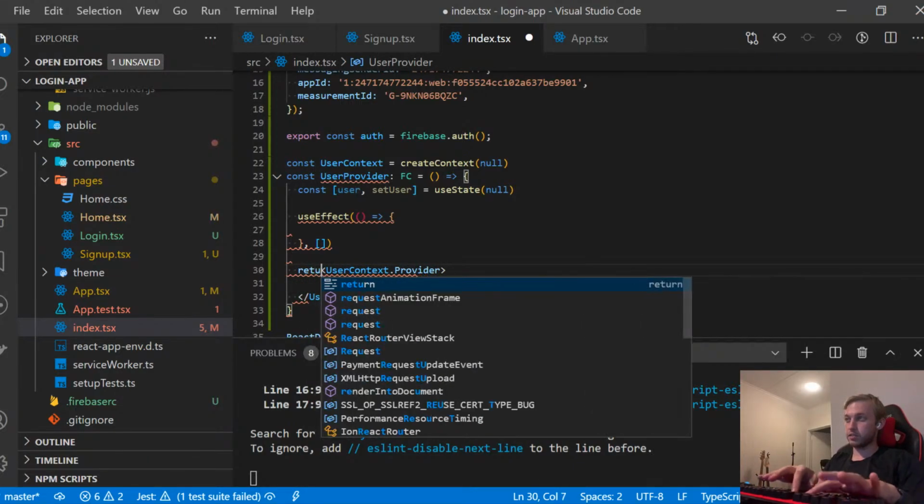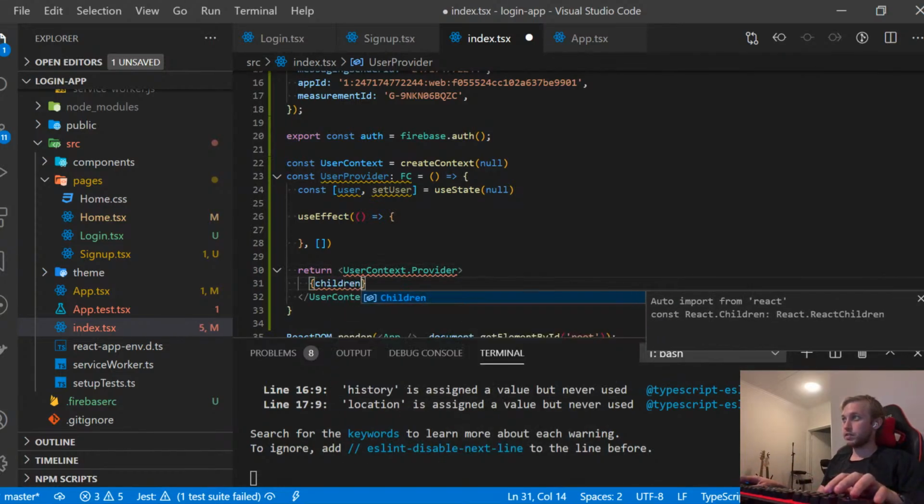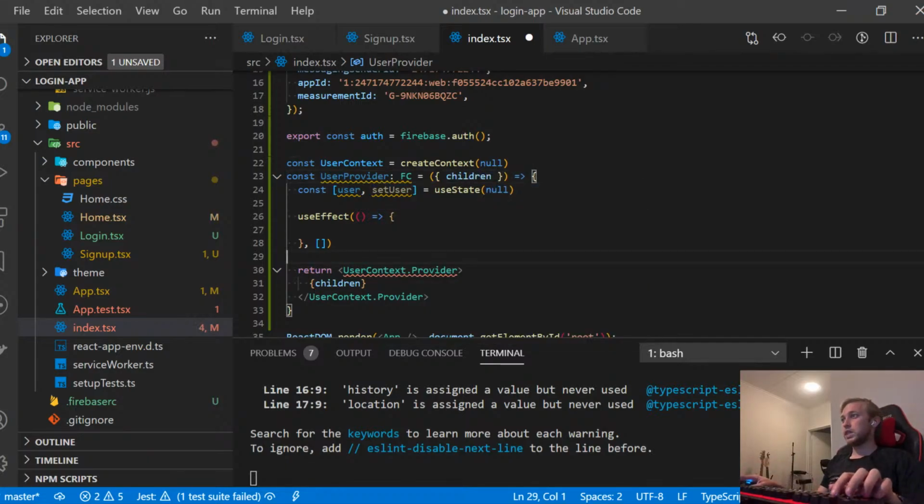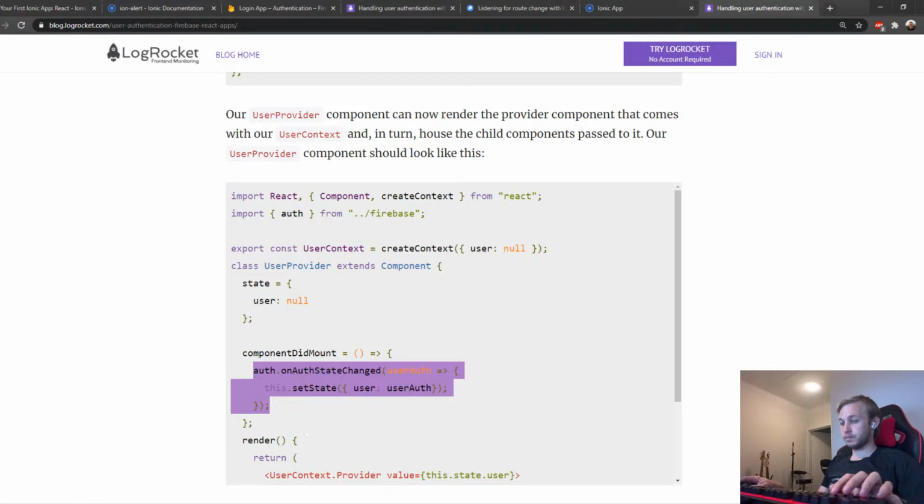Oh, I'm returning it, sorry. And then there'll be children in here. So this will have children. Great. The value of this is going to be user. And that code that I copied earlier is the wrong code. This code